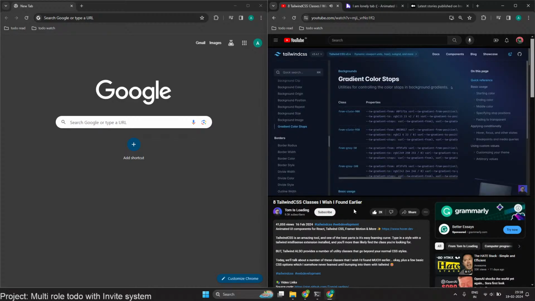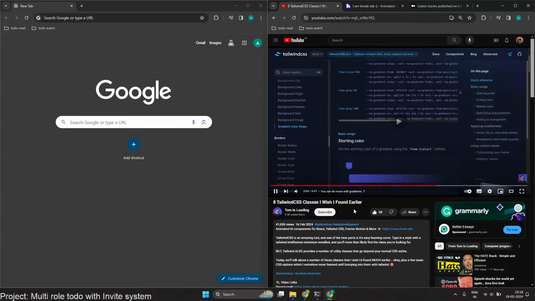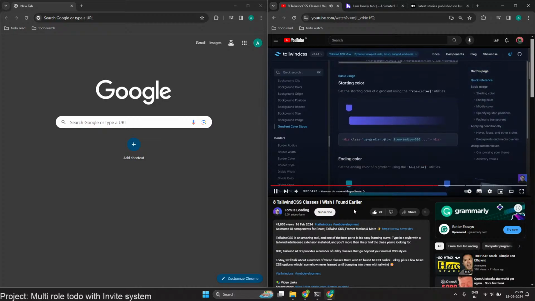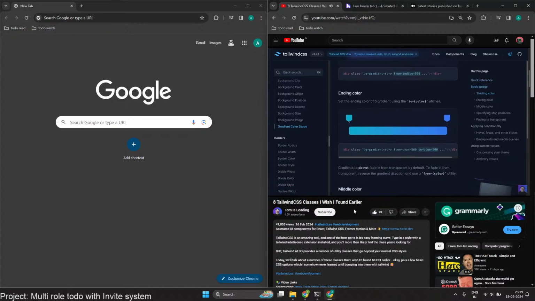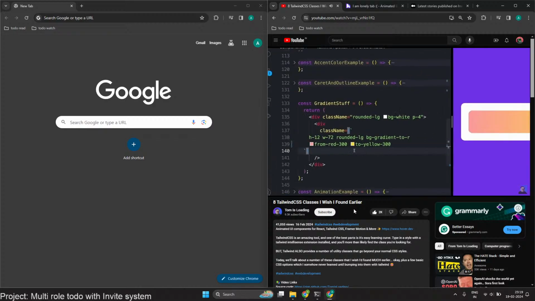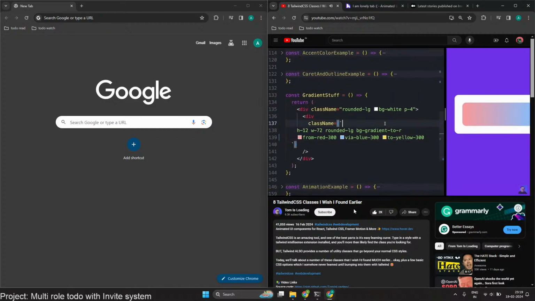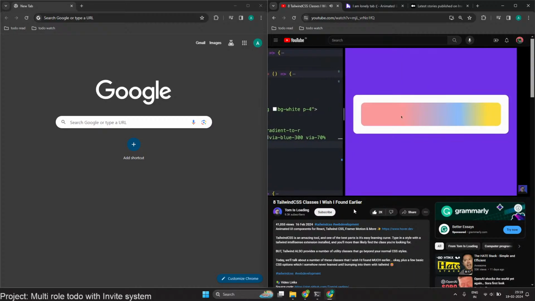Next up, we have gradients, which I'm sure you've used before. The basic syntax for gradients is just something like bg-gradient-to-direction, and then using your from and to colors to set the 2 different colors you want in your gradient. For my example, I have this basic little gradient that looks like this, and you can add in a third center color to your gradient using the via class. That'll end up looking something like this. I know this gradient is ugly, don't judge me, but you also have controls over where these stops are positioned like you would with a normal linear gradient. To do that, you just add percentages with the same prefixes. So something like from 30%, via 70%, to 90%. Saving that, we now have an output that looks like this.